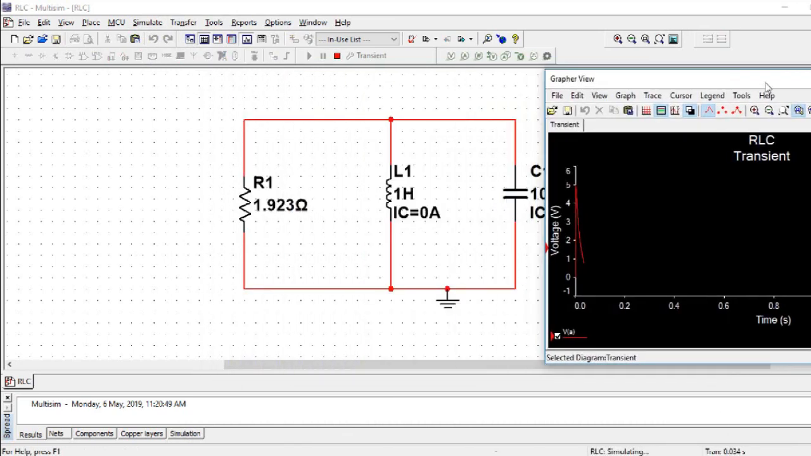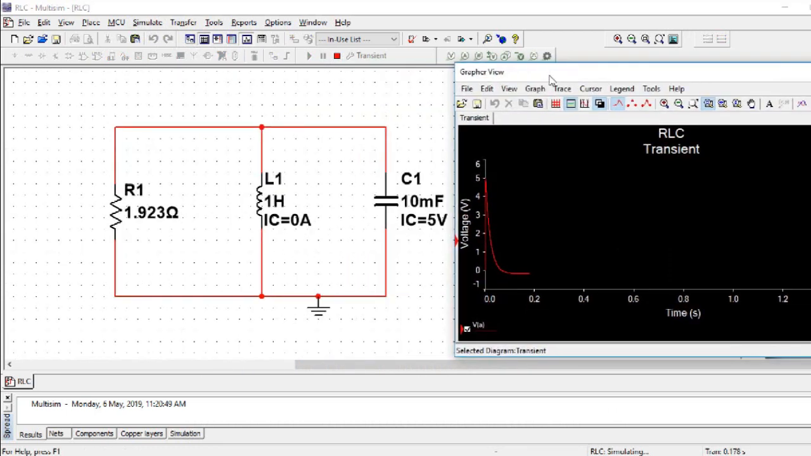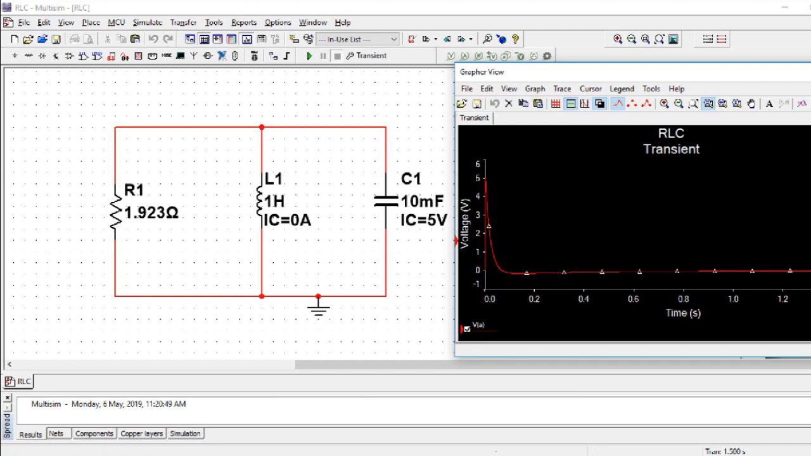So this is what happens if the circuit is overdamped. Let's find one, so to prove that the circuit is overdamped,